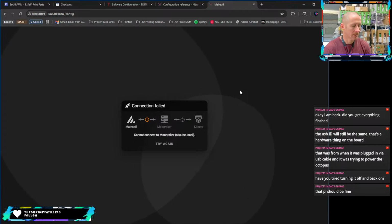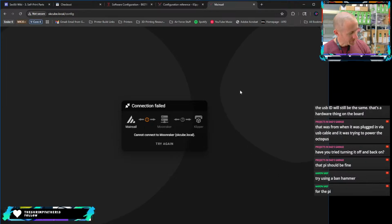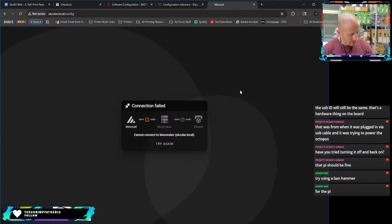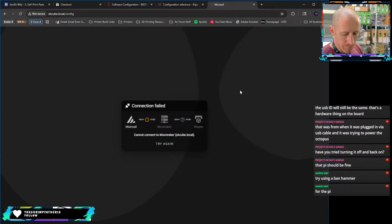In the meantime, what are we thinking as far as how we should update this? Try using a band hammer. What are we thinking as far as how to update this thing? Obviously, we're going to need a better Pi solution. What about mainboard? Should we do a Leviathan on here? Which is probably a little overkill because that thing can handle 48 volt. There's obviously nothing wrong with the board that we have in it currently. But to keep things more compact, a Leviathan would do it, and a